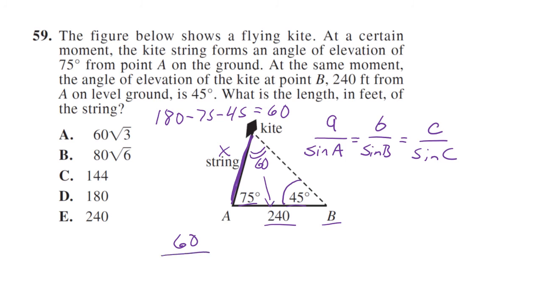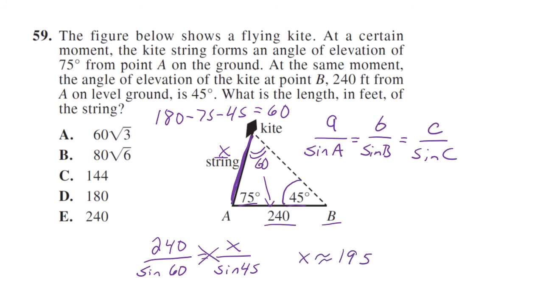Now we can set it up, or actually that's wrong. I did that backwards. 240 over sine of 60 equals x, the string, over sine of 45. And just put this in your calculator. Make sure it's the right mode. And cross multiply, and you get x equals about 195, which equals about 80 root 6,